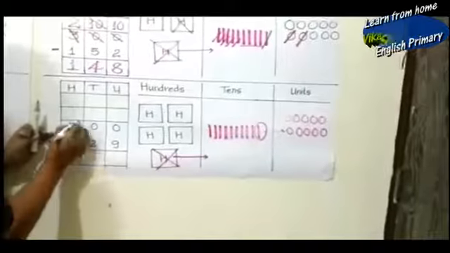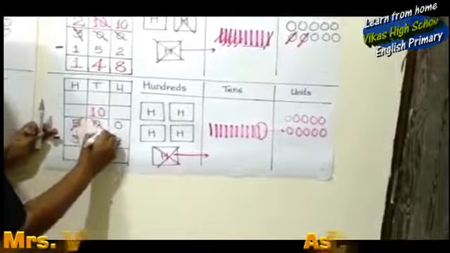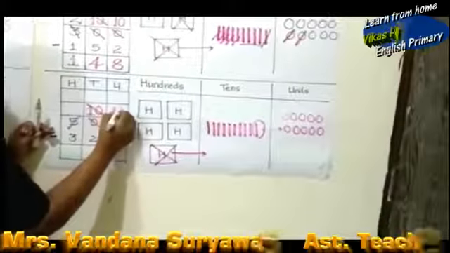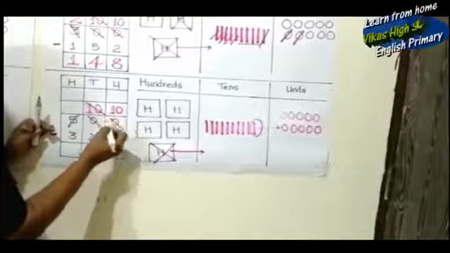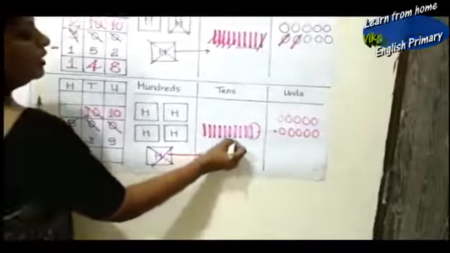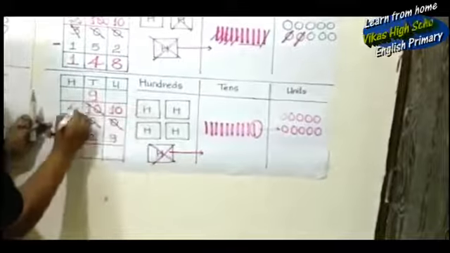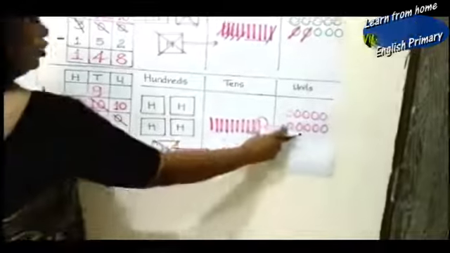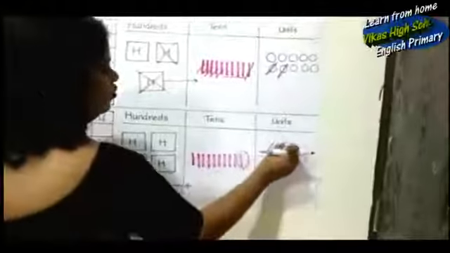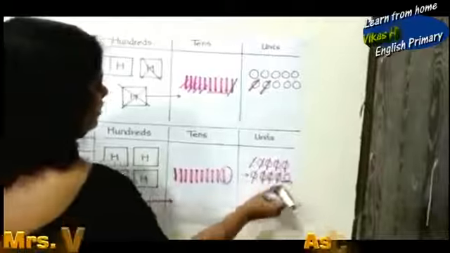So, from this 500, I borrowed here 10 tens. And from this 10 tens, when I borrowed here 1 tens, it gives me 10 units and here remains 1, 2, 3, 4, 5, 6, 7, 8, 9, 9 tens and here remains 4 hundreds. Now from these 10 units I have to minus 9 units. So 1, 2, 3, 4, 5, 6, 7, 8, 9. So how many remained? 1